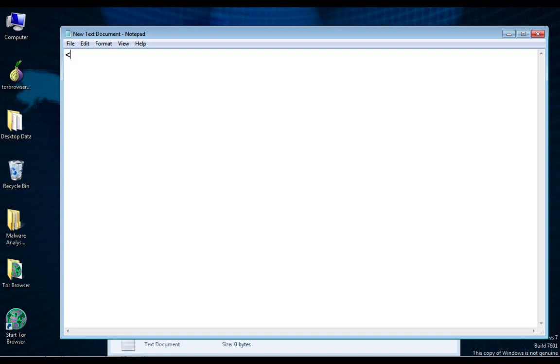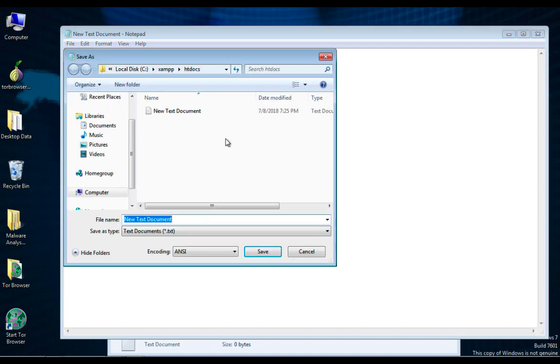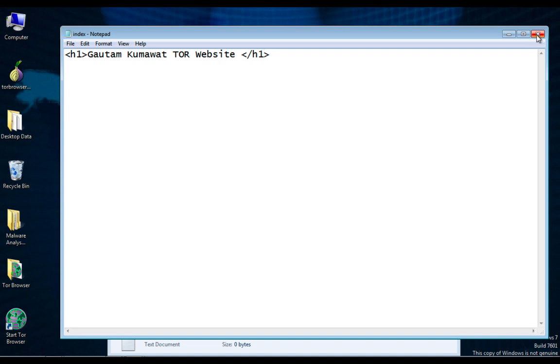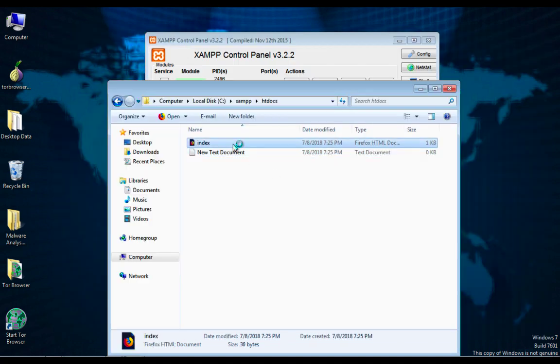I'm putting down a small web page here, that is Gautam Kumawat Tor website. Done. After that I close the header and perfect. Save it as index.html. Make sure to select All Files, and after that you can save it. So close it and it's perfectly working.